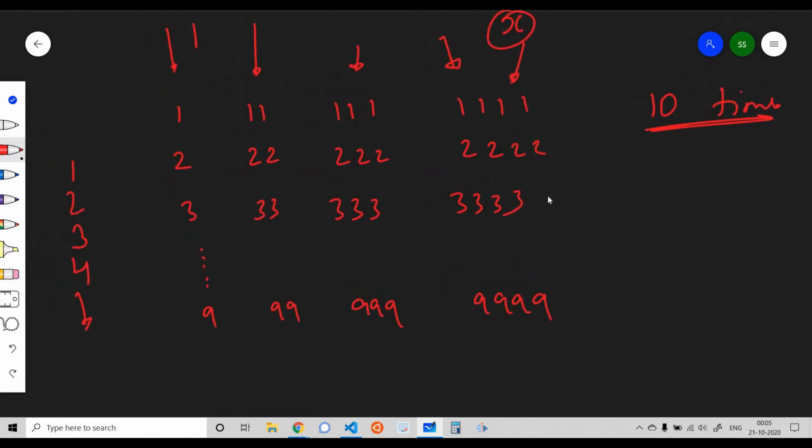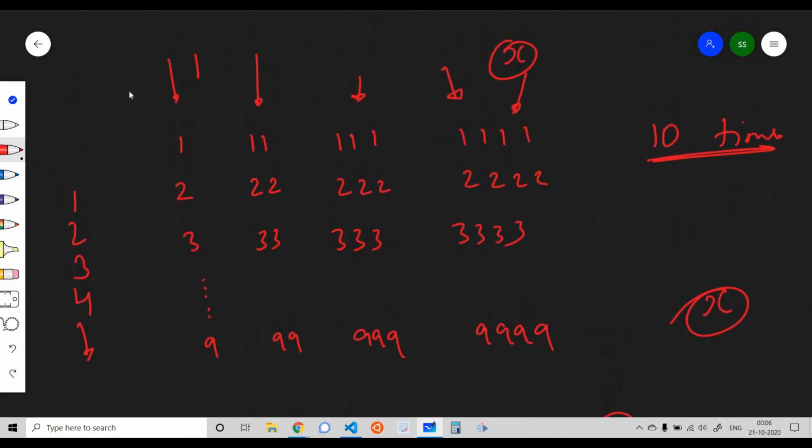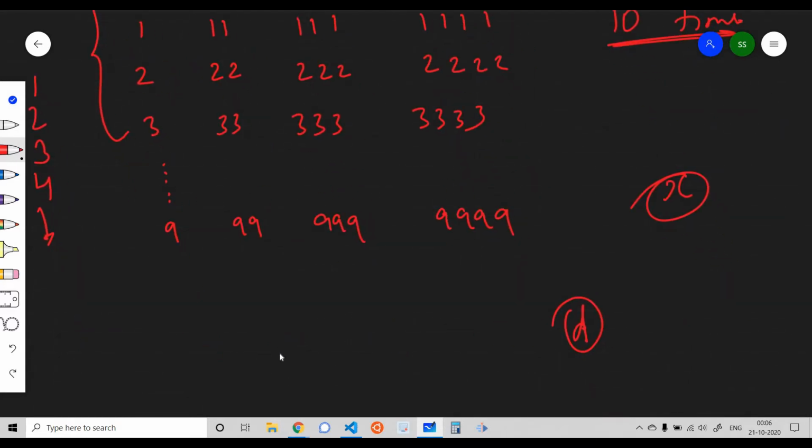So what we would be doing, suppose we have been given a number x, and the first digit, or the last digit as well, is D. Then we will find out how many rows are there prior to this particular row. This can be simply found.